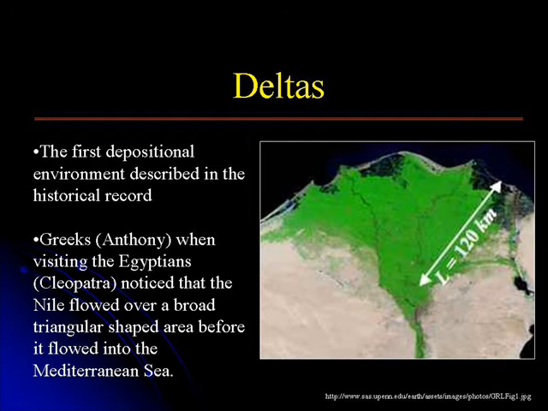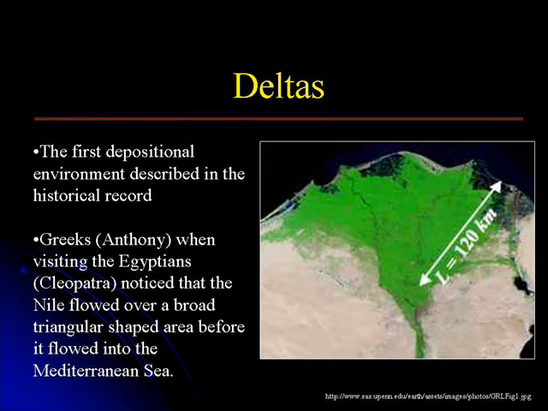All right, now deltas are incredibly important depositional environments. In fact, they're probably the first depositional environment that was ever recorded historically. This is because civilizations have often been founded in deltaic environments. You have to understand that here's an incredibly fertile area, a region that gets water virtually all the time, is subject to periodic flooding, which means that we end up depositing nice fertile new material over a very flat area, the depositional surface. So people have lived at and on deltas from the turn of human